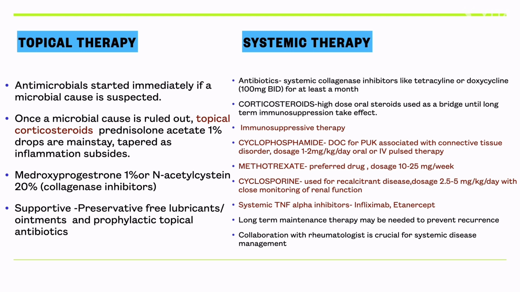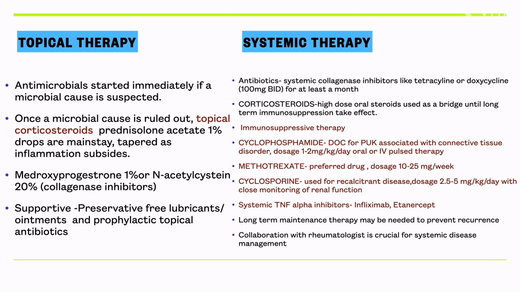Now coming to the systemic therapy, high-dose oral steroids are used as a faster acting bridge while waiting for the long-term immunosuppression to kick in. And systemic collagenase inhibitors like oral tetracycline or doxycycline are prescribed for at least a month to inhibit the enzyme-driven tissue breakdown. And the most important, immunosuppressive therapy: cyclophosphamide is usually considered a drug of choice for PUK associated